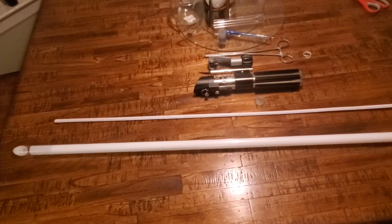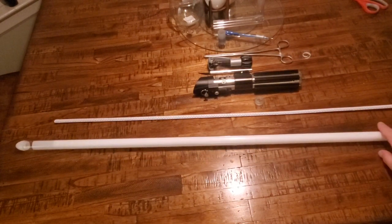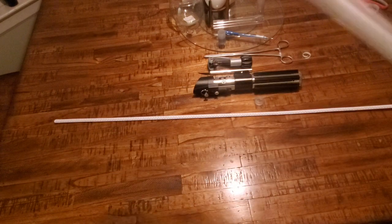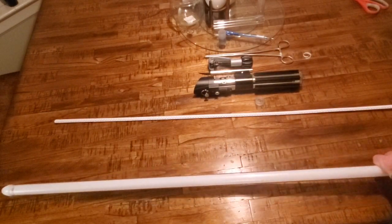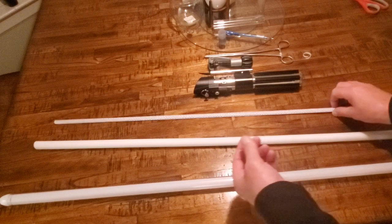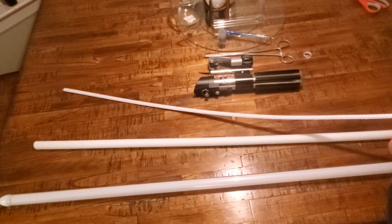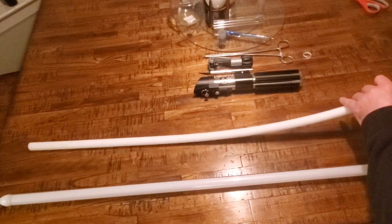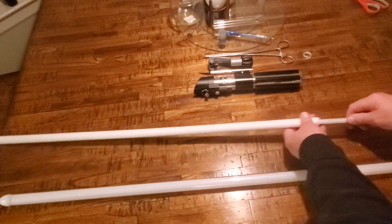Alright, so now hopefully for the conclusion of our video, we have our blade that we have put together with the foam and the strip diffuser in here. And I'm going to go ahead and take the foam out of there because we're going to need that. I'm going to take the foam out of the blade. Now what I'm going to do is take our blade end cap and slide it over the KR strips just like that. And it can temporarily snap into the butt cap, and then I'm going to slide our Neopixel strips into the foam that we have cut,